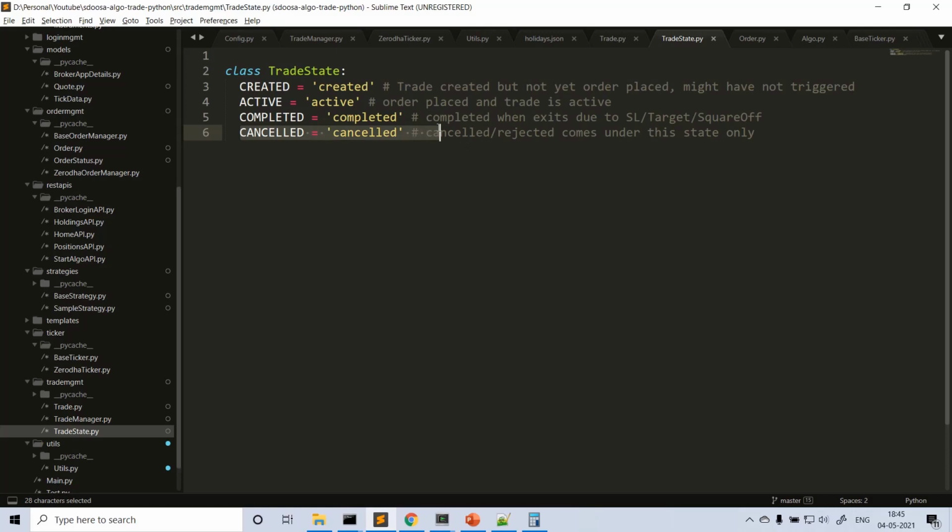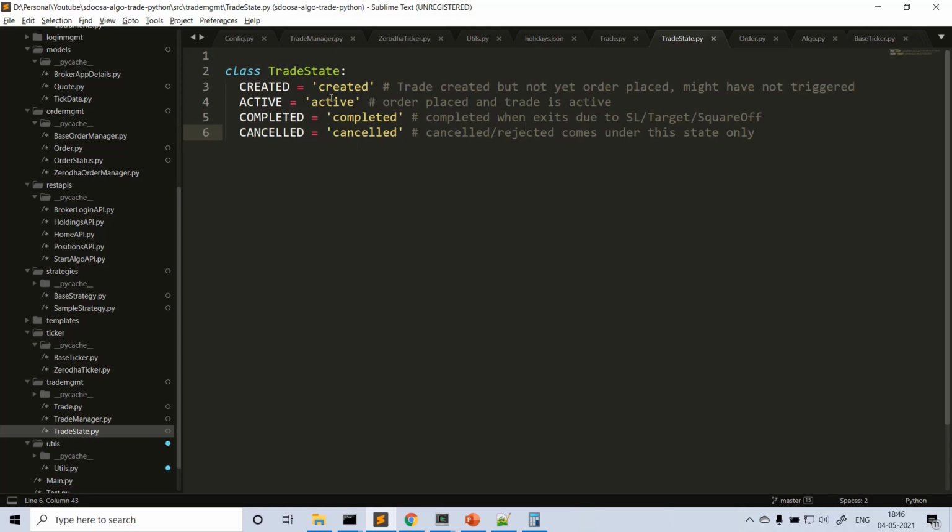So why does this come into the picture? There are some cases where you place the trade, but the trade gets rejected. Let's say you place a trade in Adani Power in the morning at 9:20 or whatever, but the broker blocked that instrument for trading on the day. So what will you get? You will get a rejected error, right? So we create the trade and we place the trade.